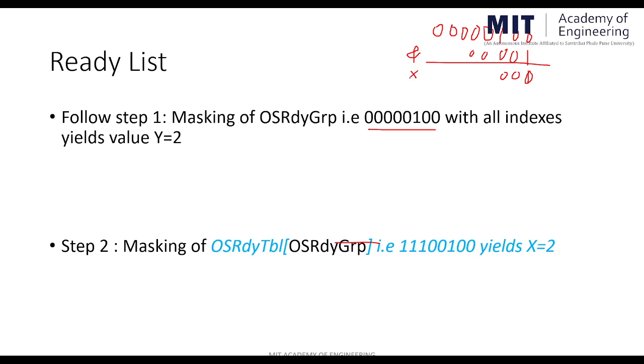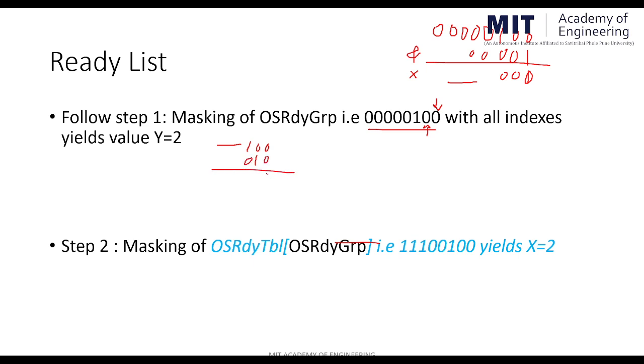So the scheduler can understand that there is no bit present in the 0 as a 1. Then it will take the second index. Again the scheduler will take another value. I am not writing the previous zeros. The value is a 100, and index 1 means the 1 is present over here at the first position.